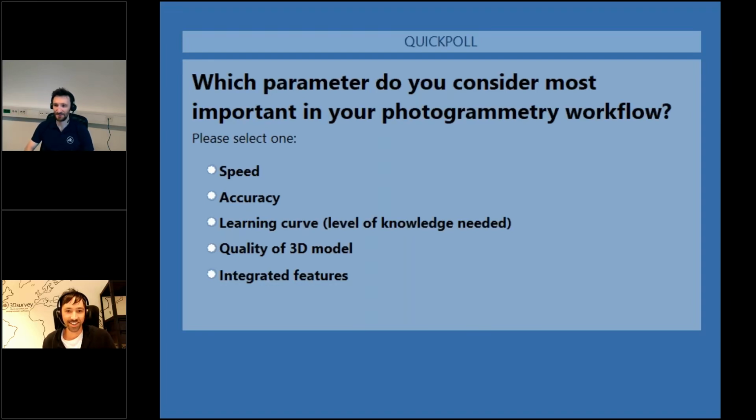Okay, I guess results are not that surprising. About 50% of you bet on accuracy. That makes sense because we've seen a lot of surveying feedback in the previous 2 questions. Very good feedback. Then second place is quality of 3D model. Of course, it has to look nice. It has to look like a digital twin to be